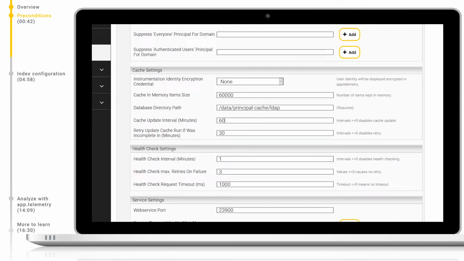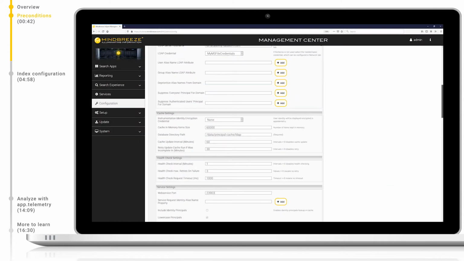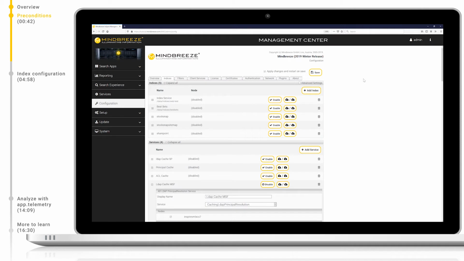Finally, at the very bottom, we can configure the web service port on which this LDAP service will run. We must ensure that this is always a free port unused by any other service. We will change this to 23903 so that it is unique. Now, let's save and restart and take a look at how we can debug and more precisely control our caches